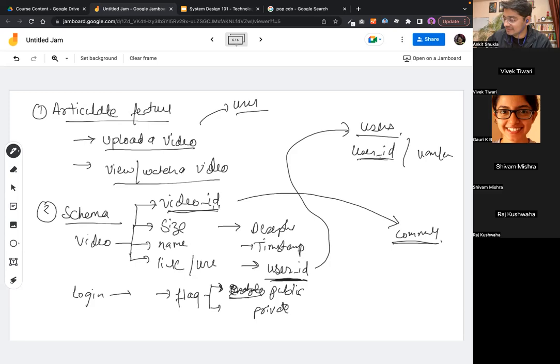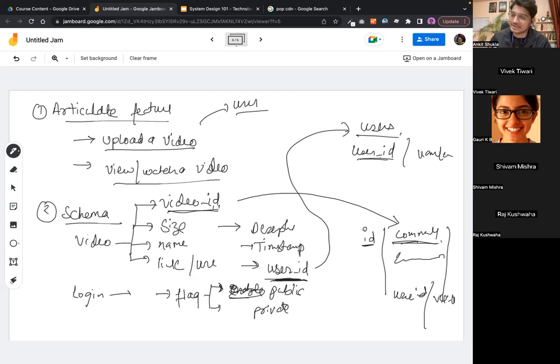So we will have an ID of this particular table, which is the comments table. Then we will write the comment. Then we will also mention which user has made the comment, right? And we'll also contain the video ID and other meta information, such as the date. Also, this can be mapped to other comments, right? Like one comment can have